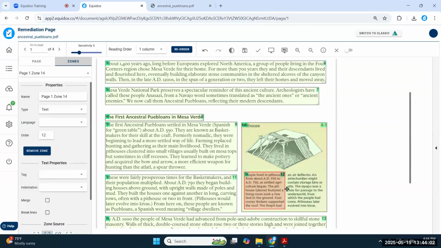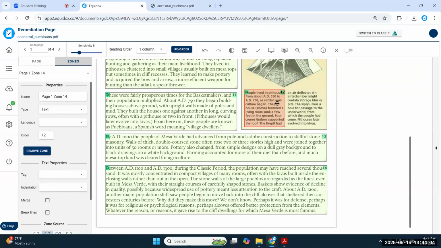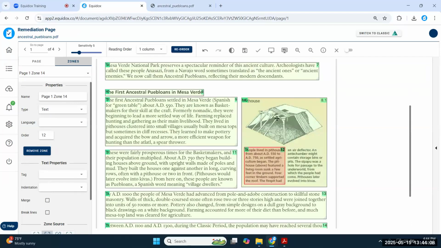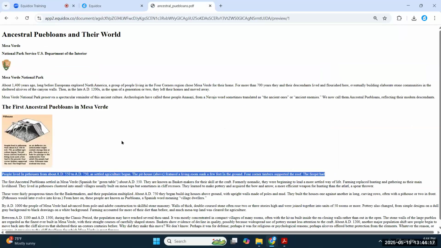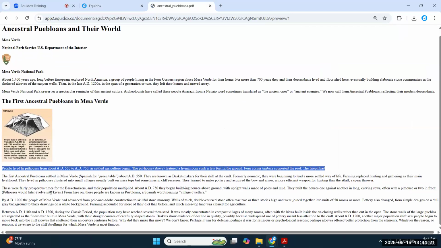This text is currently reading zone 12 on the page just because of the layout. So if I want it to come directly after the image, I'll just make it 8.12. And now that text will directly follow the image. So you have the flexibility to squeeze zones in using decimals, again not having that cascading effect where one thing is out of order, so now everything needs to move around to make room for it.